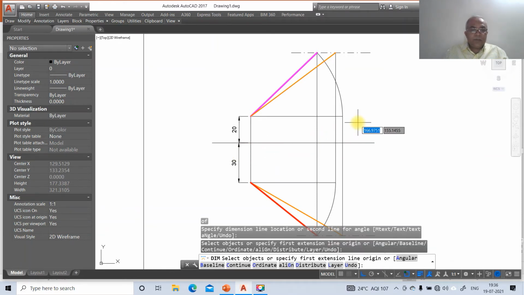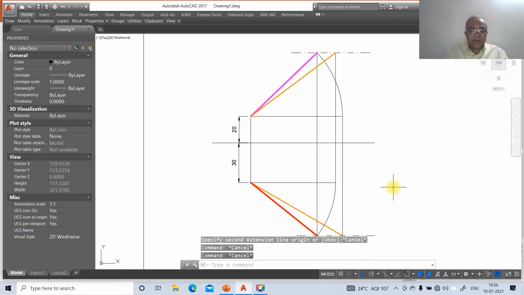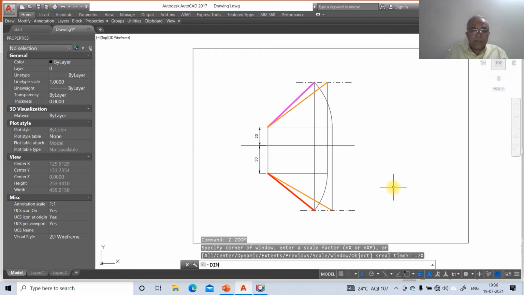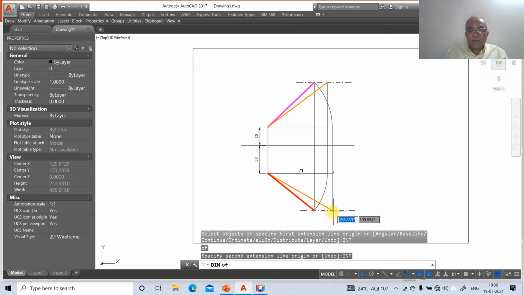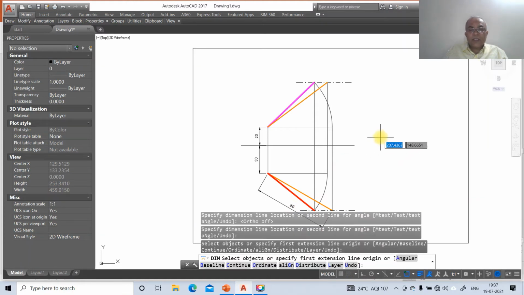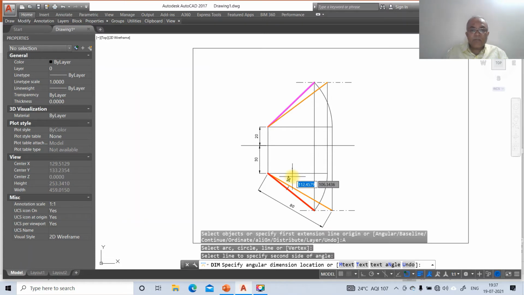Then you take int of this and here, then go to zoom 0.7x, then go to dim, take intersection point of this and int of this. Here switch off the ortho, you're going to get 80 mm true length. Then go to angular, select between these two lines, so you're going to get 30 degrees.